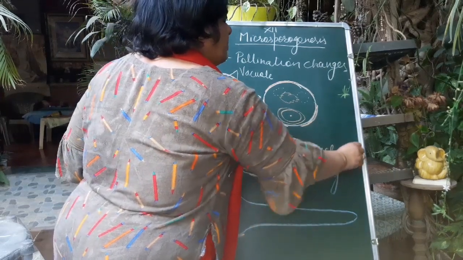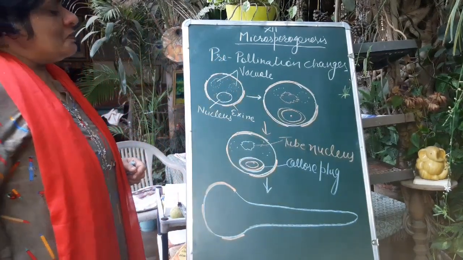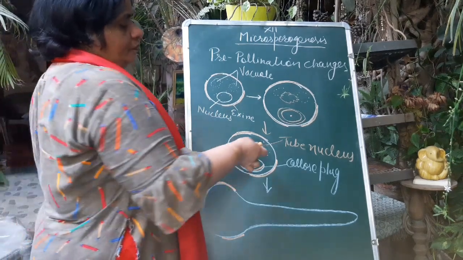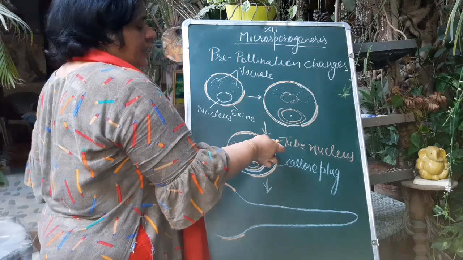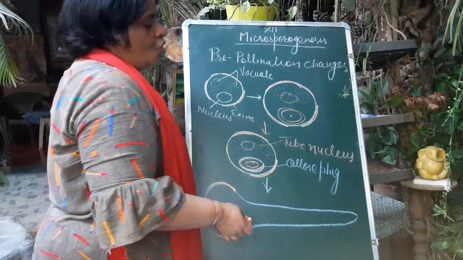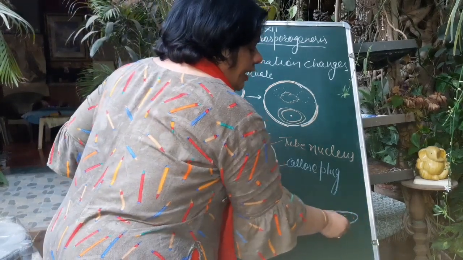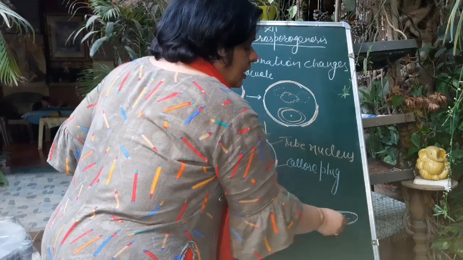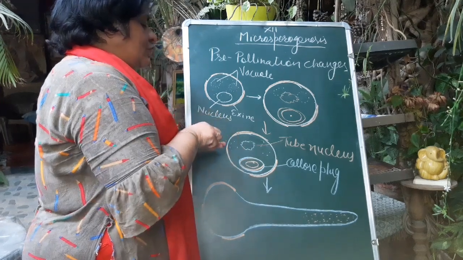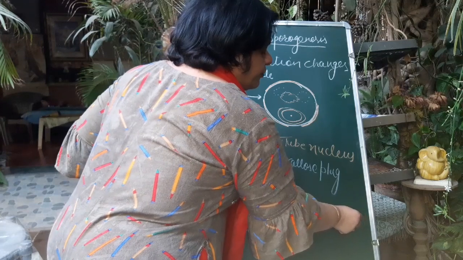Then in maximum plants, that is 60% of angiosperms, pollination takes place at this stage, that is called two-cell stage. Now bursting of this pollen grain takes place. By the bursting of pollen grain, all the content comes out in the form of pollen tube. Then we differentiate this pollen tube. It is having two types of cytoplasm. At the tip there is active cytoplasm. In this active cytoplasm, at the tip is present the tube nucleus.